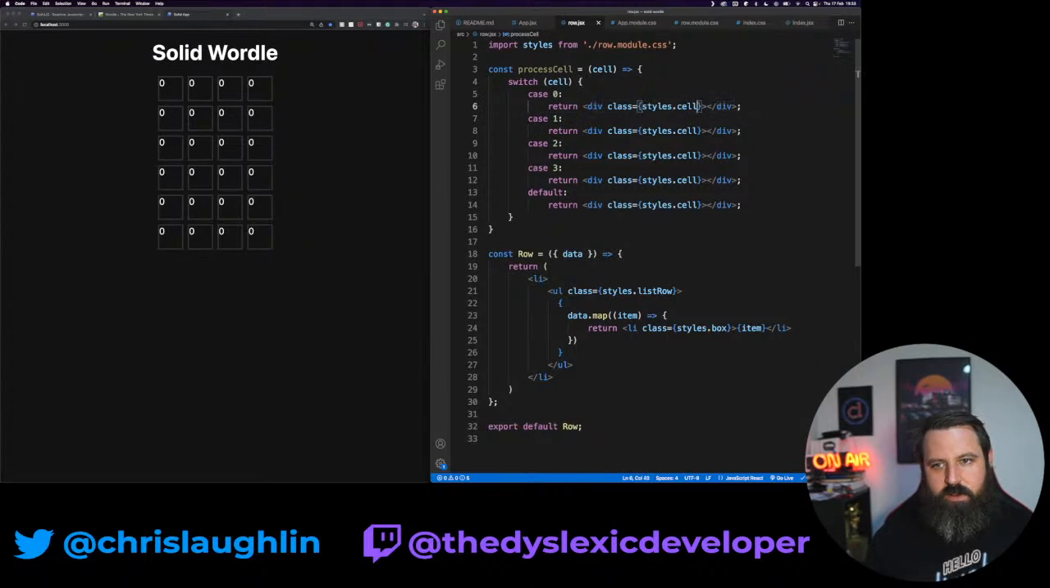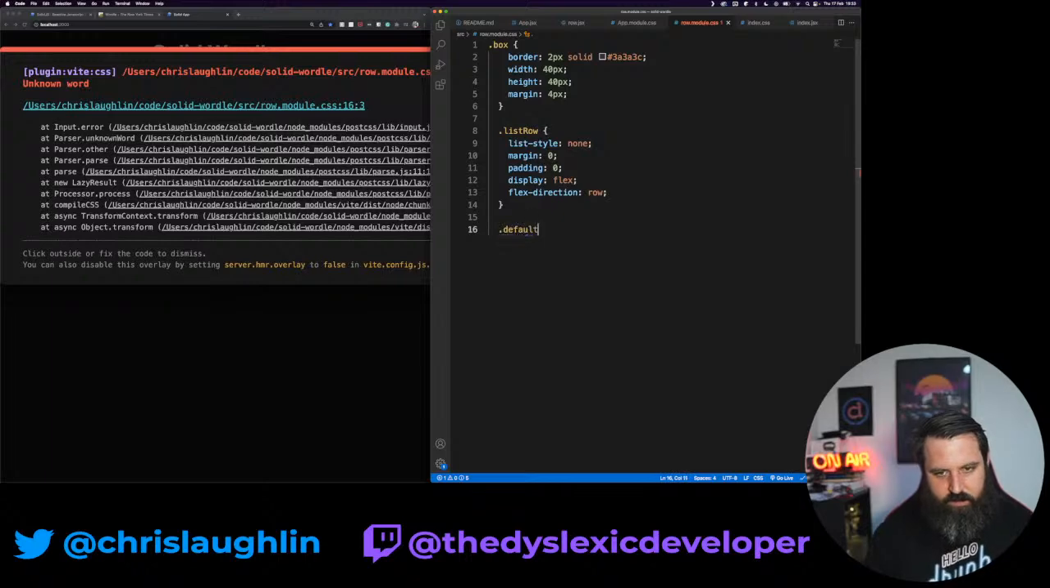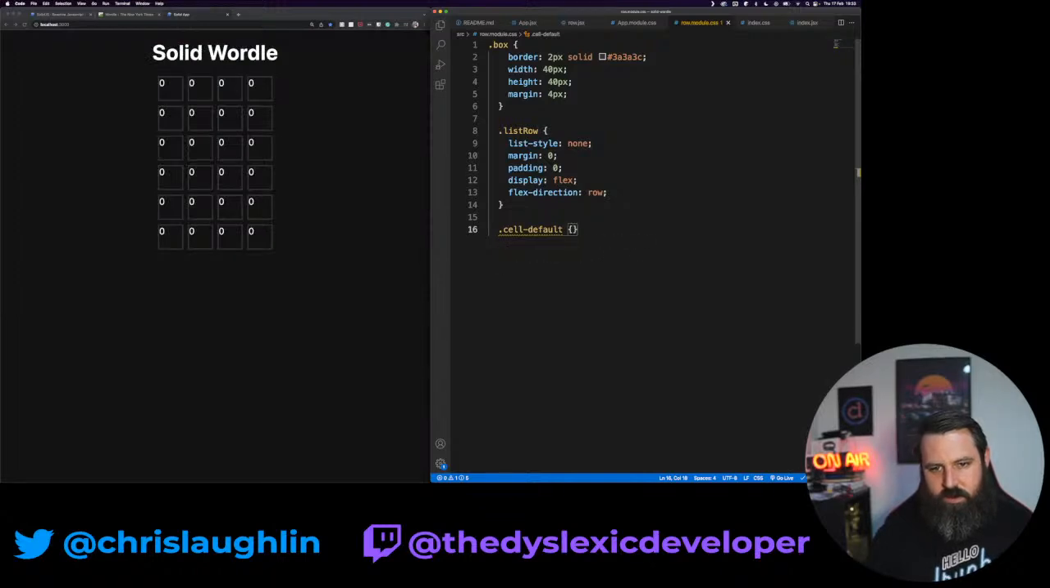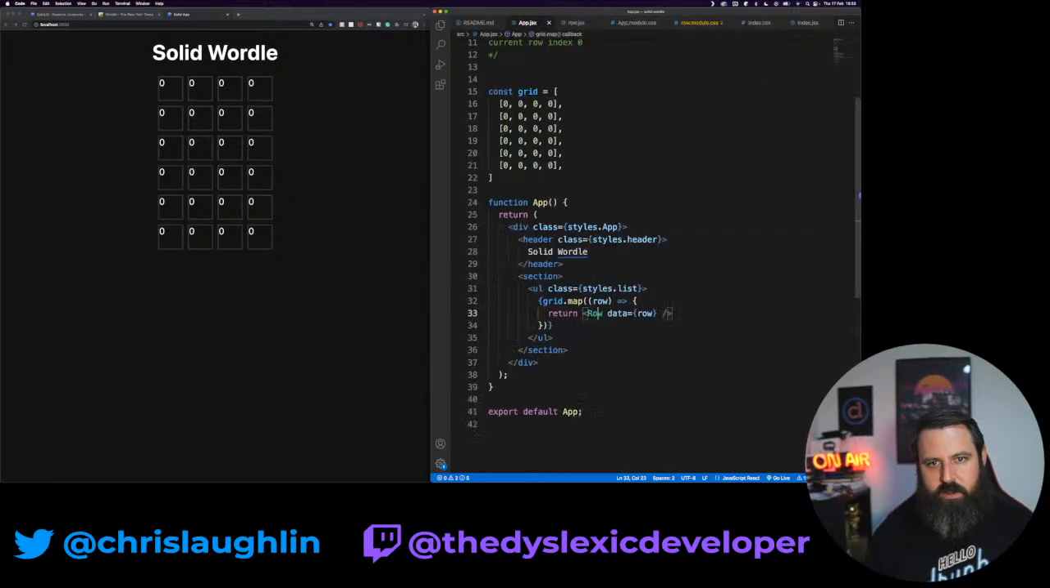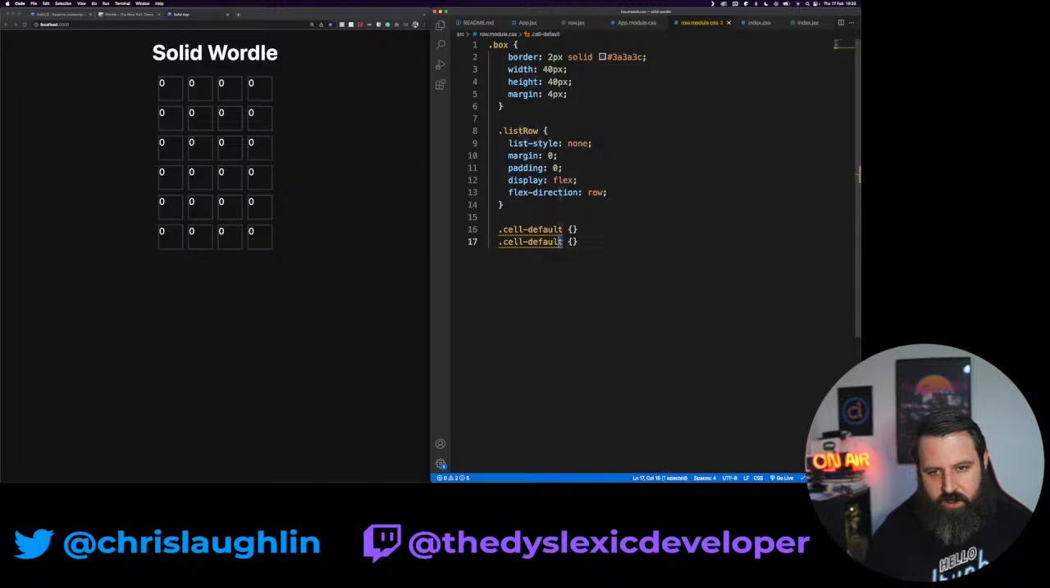Yeah, so div and styles.cell, which doesn't exist. So let's create styles for each of these. So it's going to be a dot default or cell dash default. Can you do dashes or underscores? So default for now does nothing. And let's go back to our kind of mental map. So default, cell dash